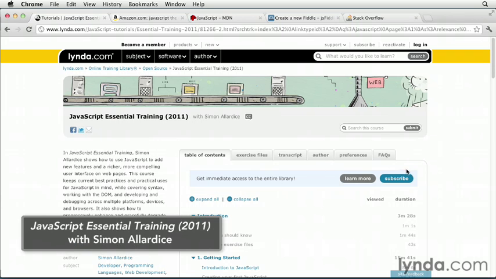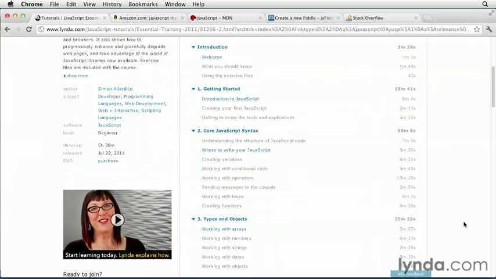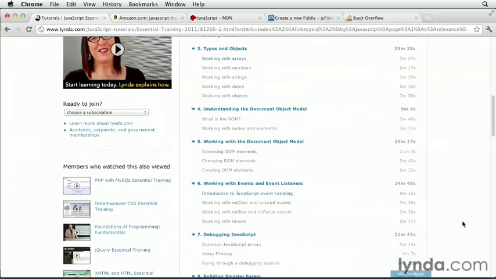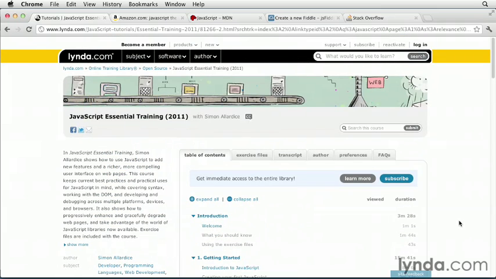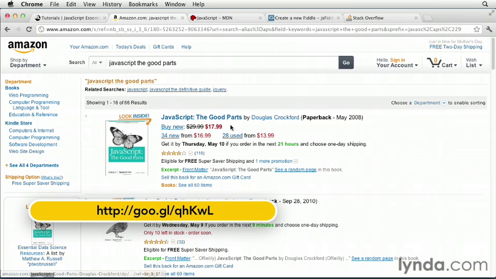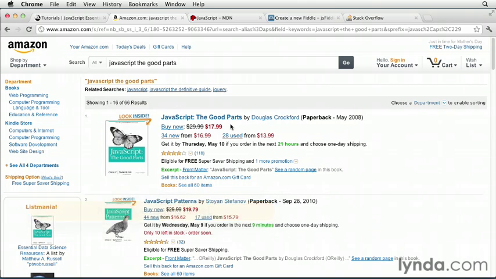This title has all types of really in-depth information about how JavaScript works and is a really good foundation for learning JavaScript. One of my favorite books is called JavaScript: The Good Parts by Douglas Crockford, and his blog is also a very excellent resource. And this book goes through a lot of the weirdness about JavaScript and explains how you can approach JavaScript coming